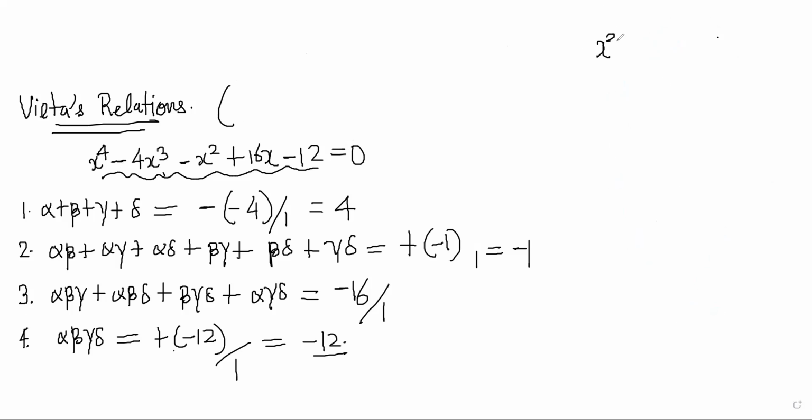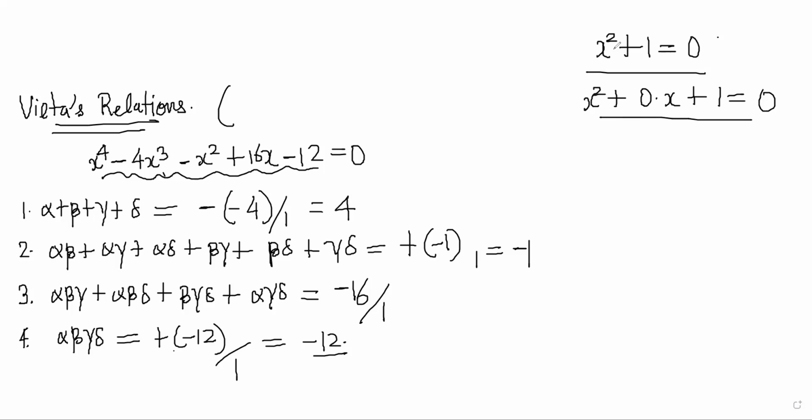For example, roots are real or imaginary. Suppose this is the equation, right? This has definitely got imaginary roots, no? There are no real roots for this, right? So let's say alpha and beta are two roots. They are imaginary roots, but still alpha plus beta will be equal to zero. The second term is 0, right? Correct. And alpha into beta will be equal to minus and plus, so plus 1, right?